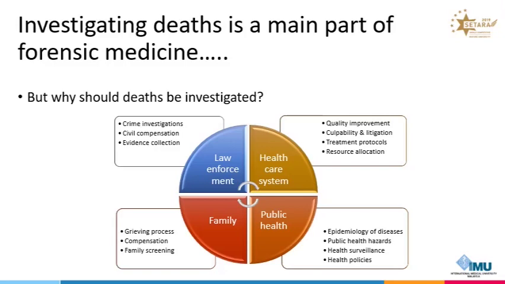And also we have to consider the family aspect. Now, in most situations when a family loses a loved one, there is a lot of grief and sometimes there is concern as to the reasons for a particular person's death and also whether the diseases, for example, would also affect the family members. So through these investigations, we may be able to assist the family members, especially in terms of identifying certain familial diseases and thereby referring these family members to particular specialized units for prevention and management of those diseases.